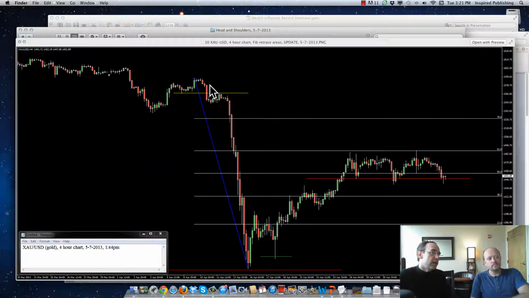Once it broke that area, we were waiting for this entry to enter south, and with the fib that we had there, we had different areas targeted, but one area we had targeted was this area down here, which happened to be the 78.6% retracement line of those last 3 waves north. And sure enough, the price fell off. It went through the various fib lines down, and stopped just short of that 78.6 line on that larger weekly fib that we had up.